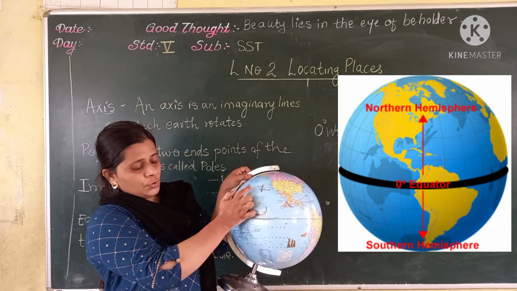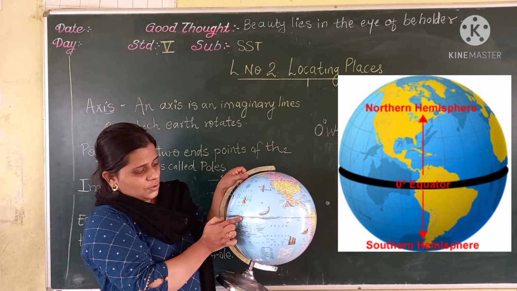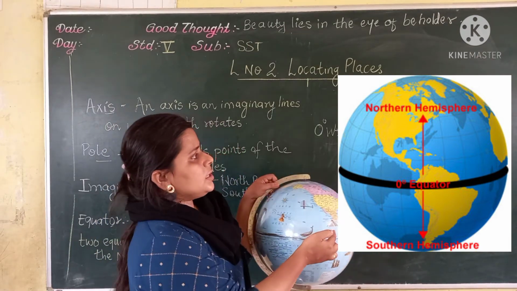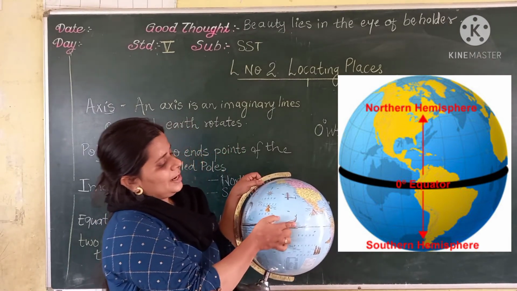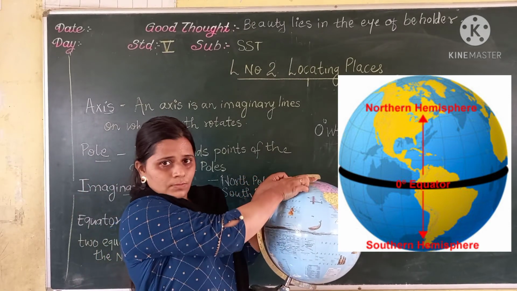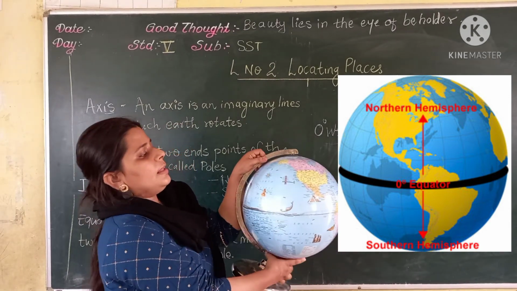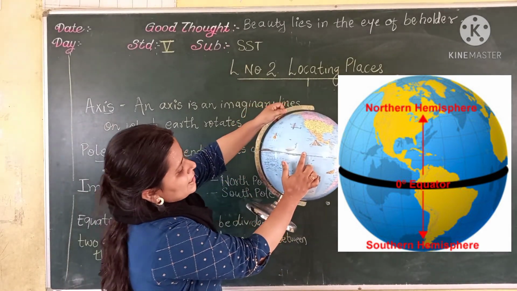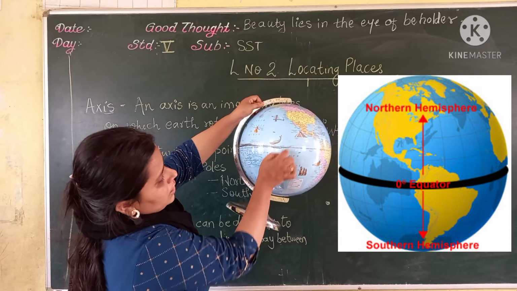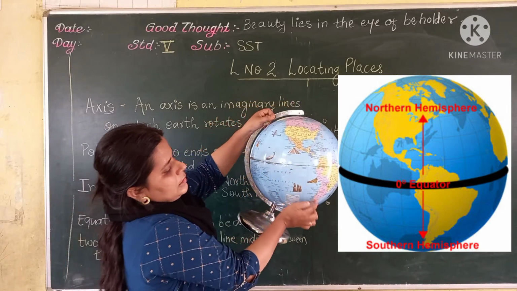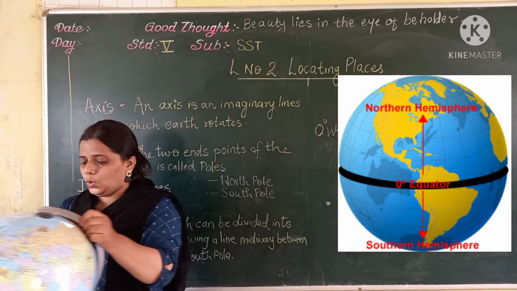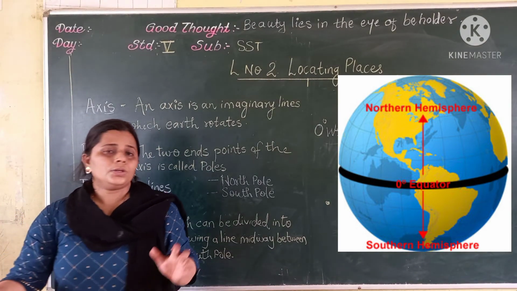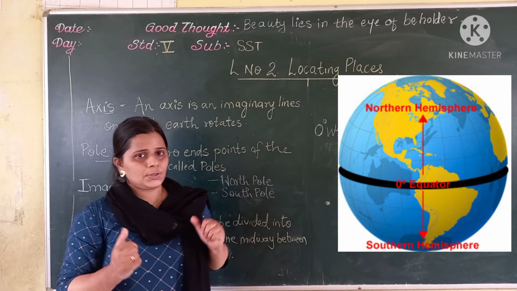Earth is divided into 2 equal parts. The line which is drawn in the middle, that is the equator. Okay. And students, the portion of the earth which lies toward the north of equator, this portion is called northern hemisphere. And the portion which lies toward the south of equator, this portion is called southern hemisphere. Okay. Hope students till here you have understood what we have discussed about today's topic.